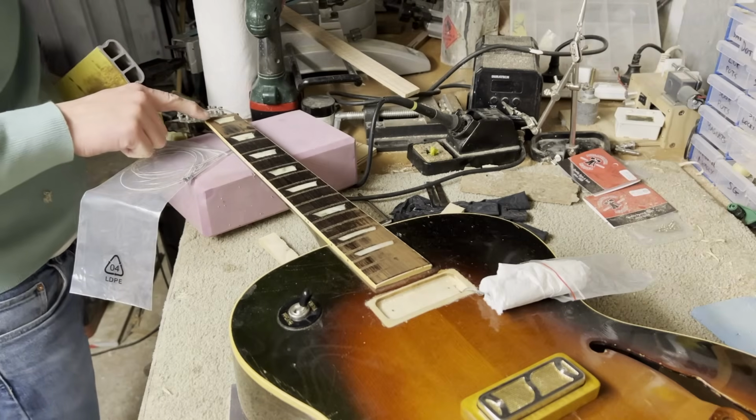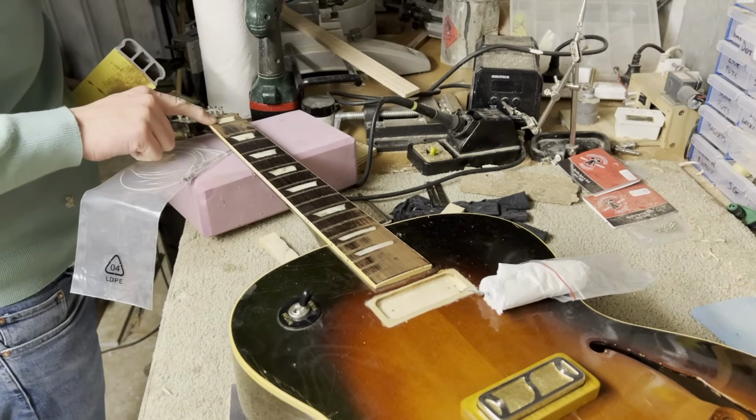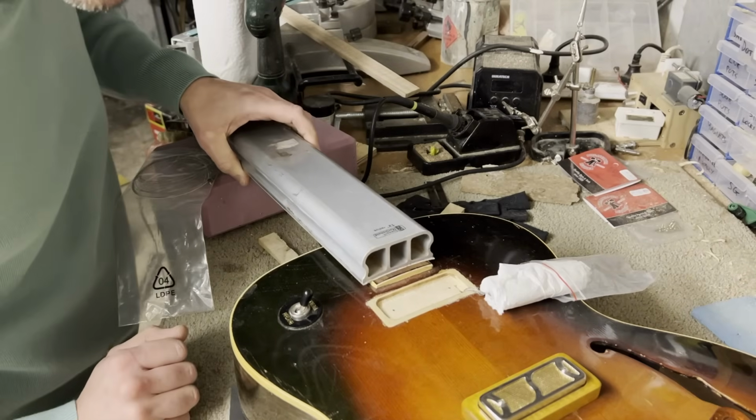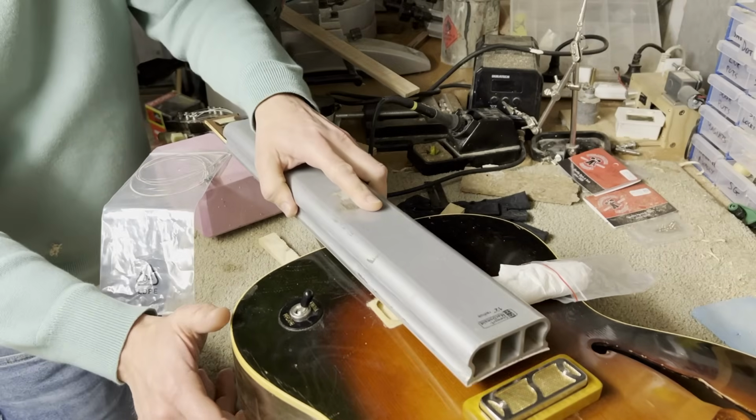Here's what's interesting. It's coming off here and here. So the neck is actually slightly twisted. It's slight, but